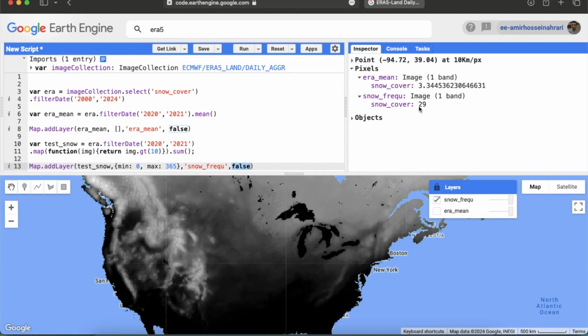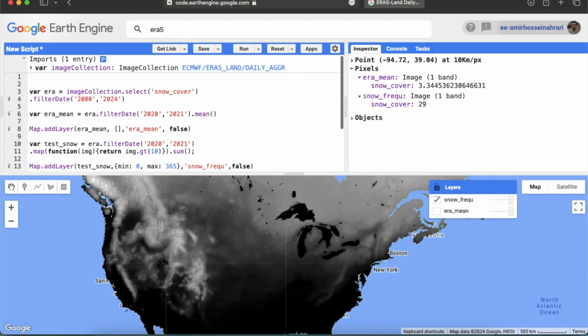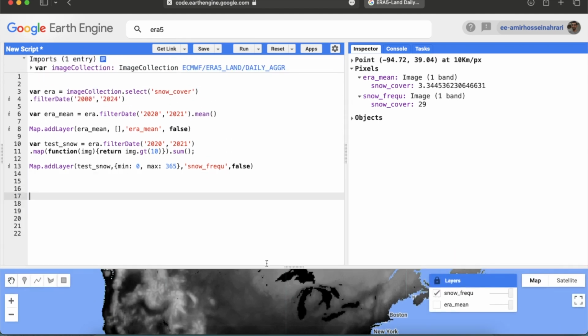For example, this pixel was covered by snow for only 29 days during this year. So now I'm gonna make a loop to repeat this process for each year separately. At the end, I want to have a history of snowy days from, for example, 2000 to 2024. As you can see, we already selected the snow cover and the period of time, and everything is stored